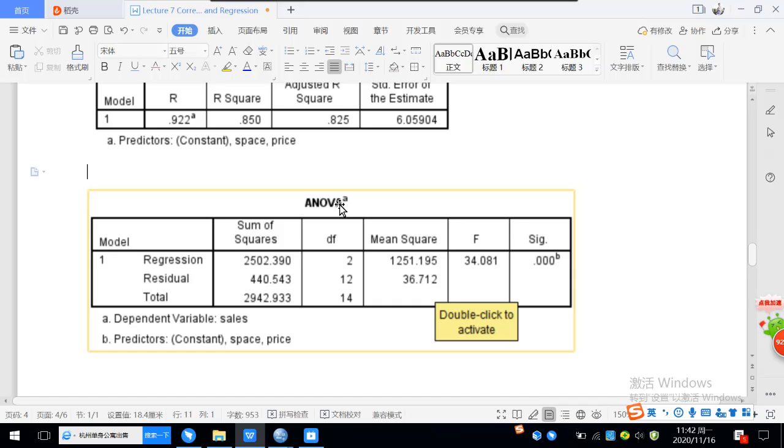It means if we can establish a model. So here is the model test. So from the results of ANOVA,